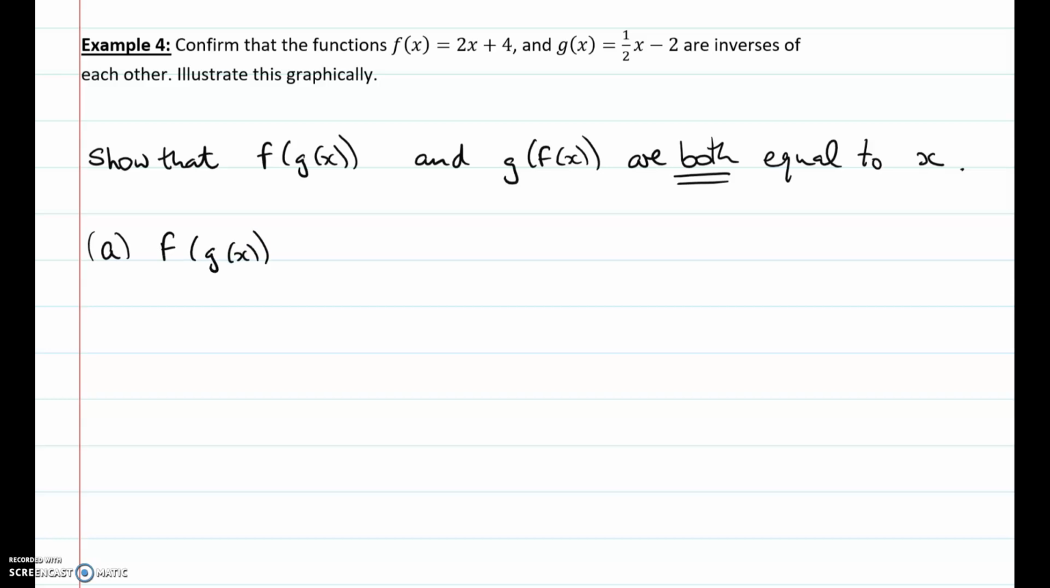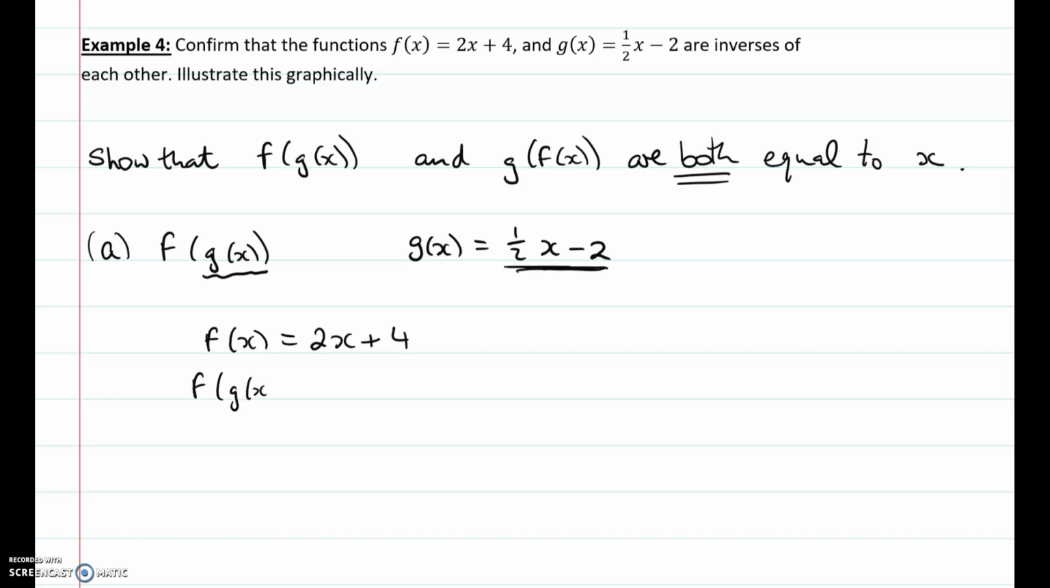Okay, now that means we're going to take g of x and substitute the expression for g of x into f. Now g of x is 1/2 x minus 2. We're going to put that into f. Okay, so f of x is 2x plus 4. So f of g of x is going to be 2 times, now instead of x, we're going to use g of x. So we're going to take this expression and put it in there. So it's going to be 2 times 1/2 x minus 2